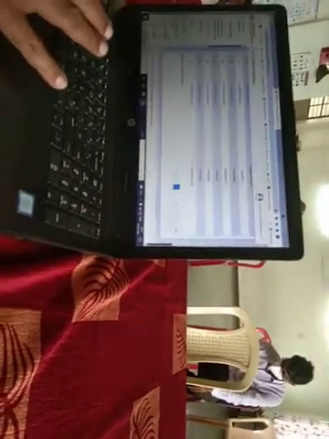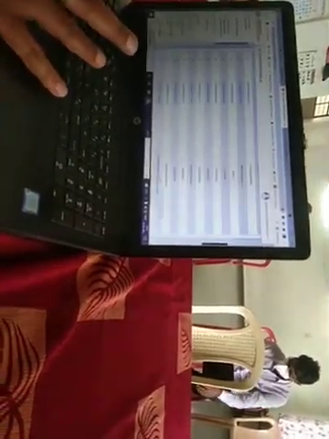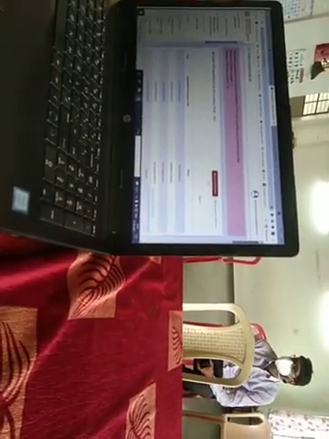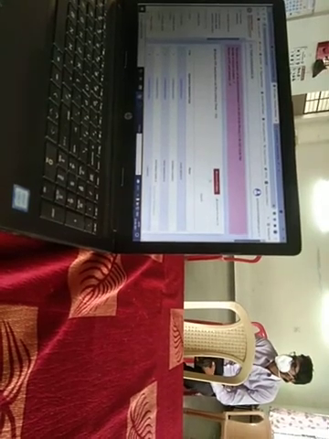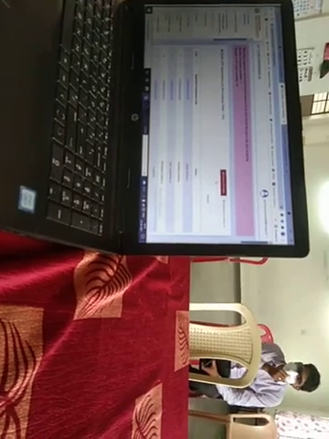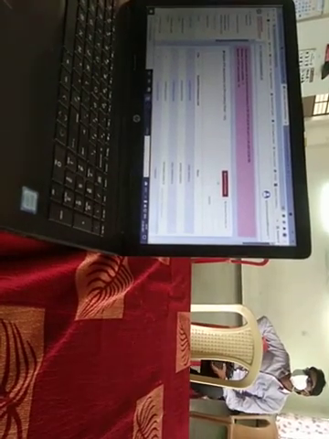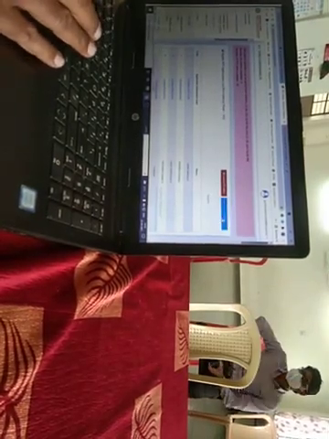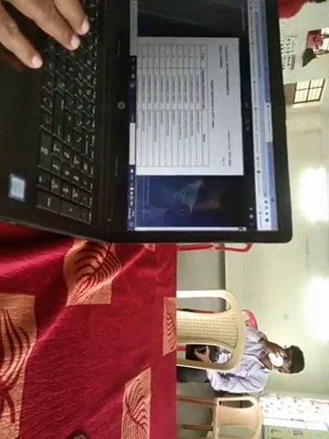Names of the students with their application codes are being shown on the screen. Here I will press conduct RTE lottery. I want to remind parents that we cannot undo the lottery procedure once I do this. Before that, I can generate the pre-lottery list for your satisfaction. This pre-lottery list will have the names of all the candidates. This is the pre-lottery list.